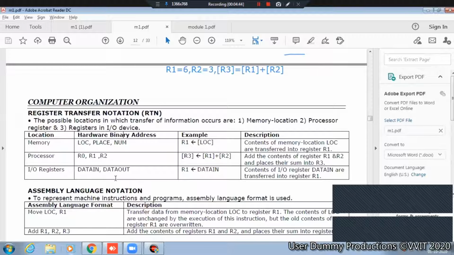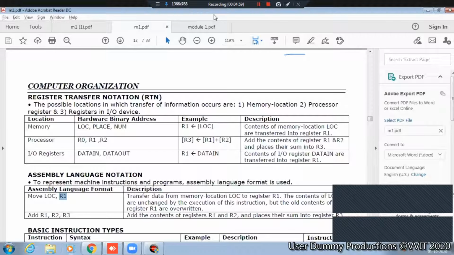But in the assembly language notation, you should not put an arrow mark. See there how it is coming: Move LOC, comma R1. Like this you should specify in assembly language notation. What we saw before is register transfer notation. Now assembly language notation. Move LOC comma R1. That means what?